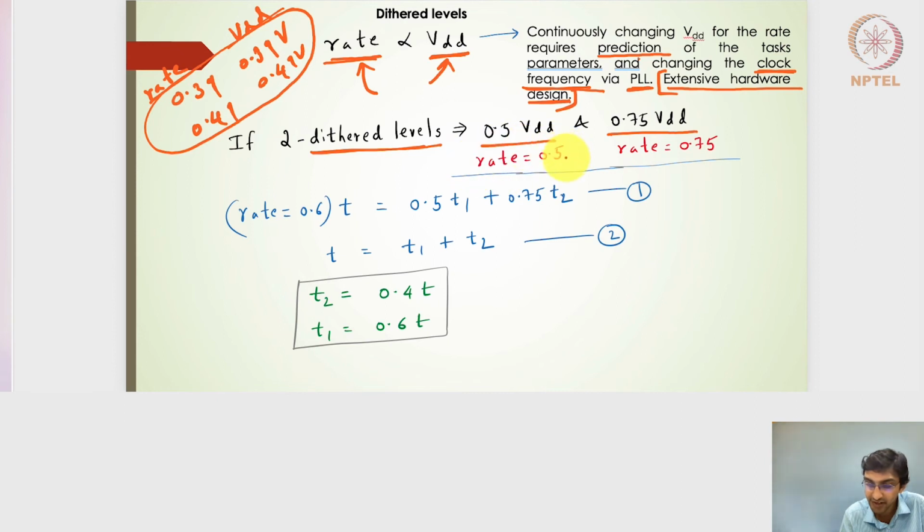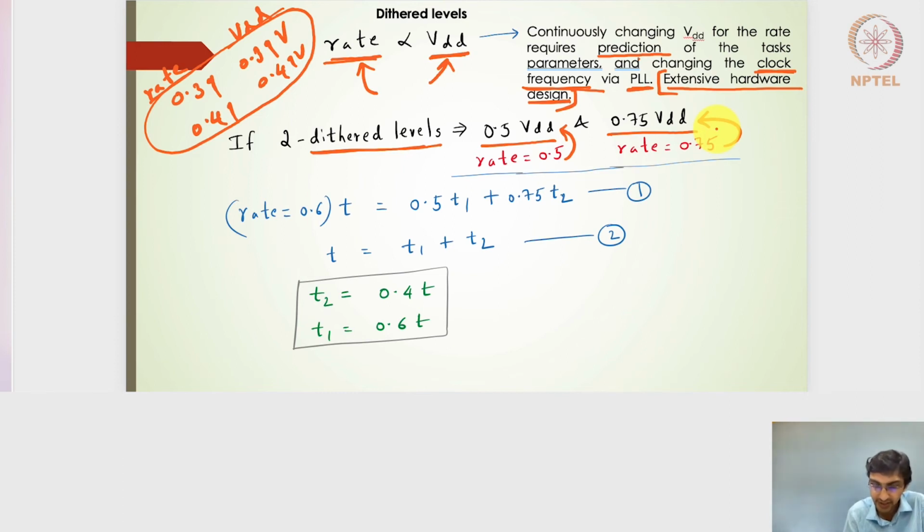If I can configure the rate of switching to 0.5 to match with that of the VDDs, and then for a 0.75 VDD, if I can configure the rate of switching to be 0.75 so that it matches with that of 0.75 VDD, and then try to accomplish that particular task, right? So in this particular example,